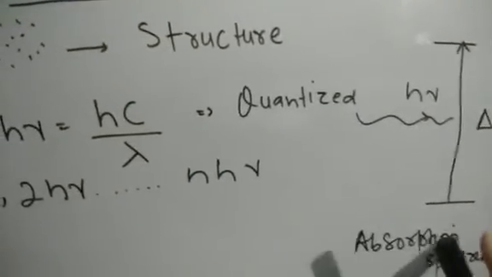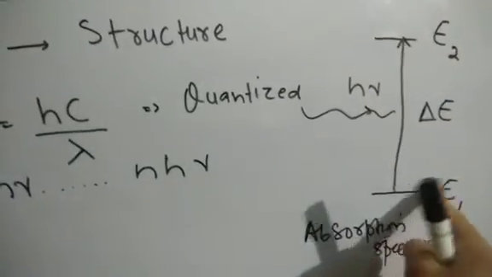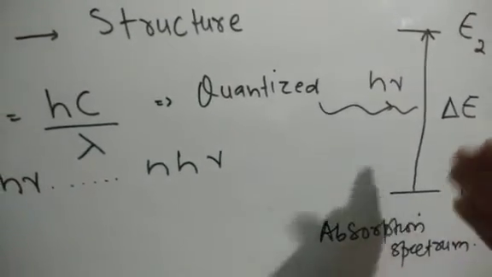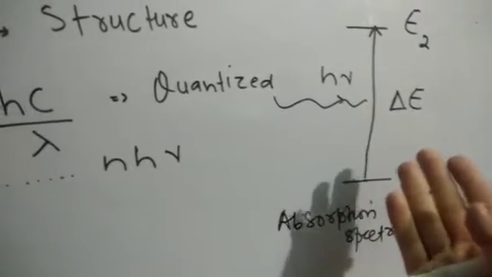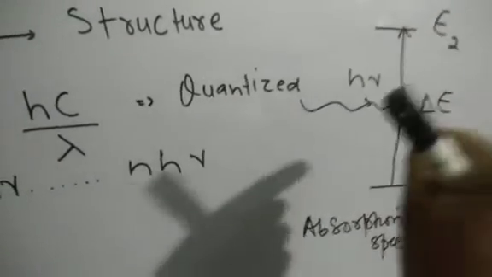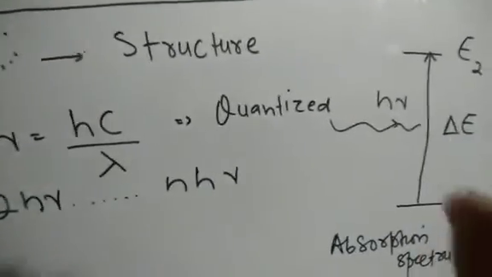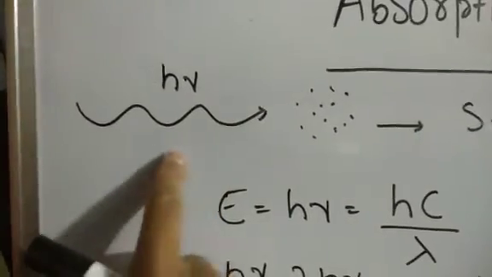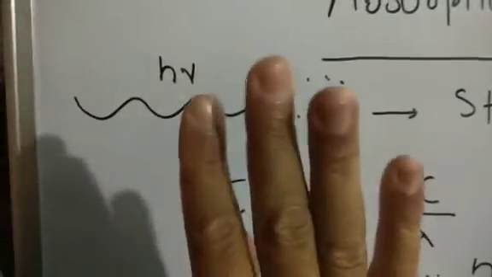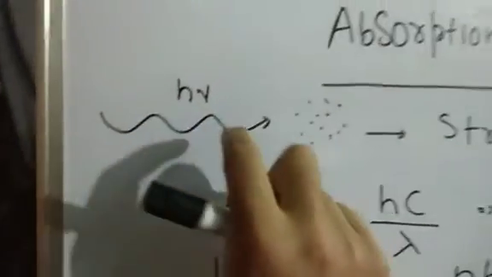So for example, as we have shown here, it is just E for electronic energy levels. We may have the rotational energy levels, vibrational energy levels. We may have the nuclear energy levels. So which type of transition will take place, which type of change will be there in the molecule, will be determined by the type of radiation. Fine, in general.